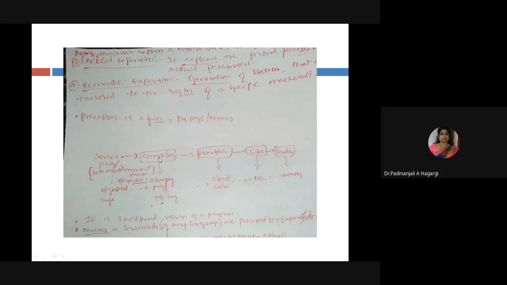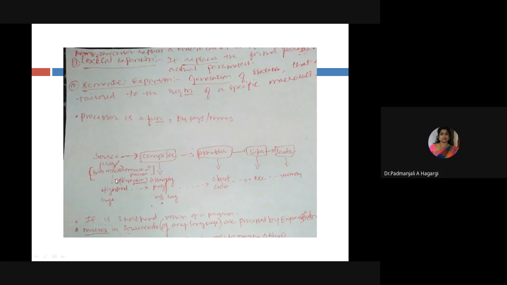Now first it has to be processed by the compiler. What will be processed by the compiler? Whatever remains after clearing the errors, whatever is pre-processed by the macro, this high level language is pre-processed.